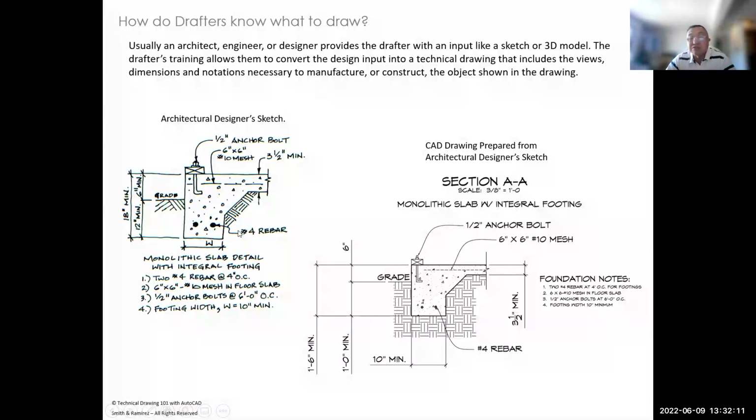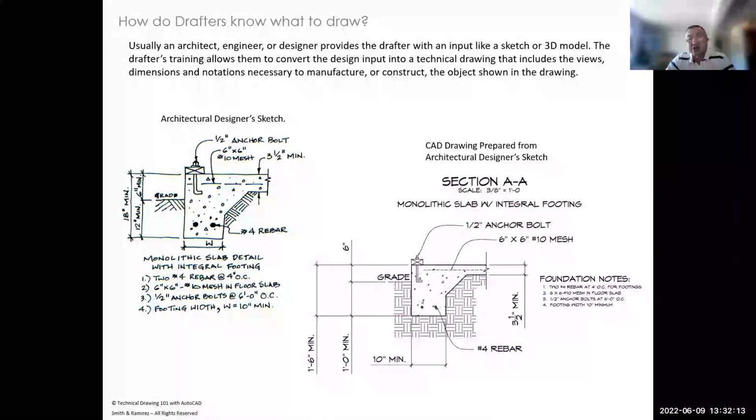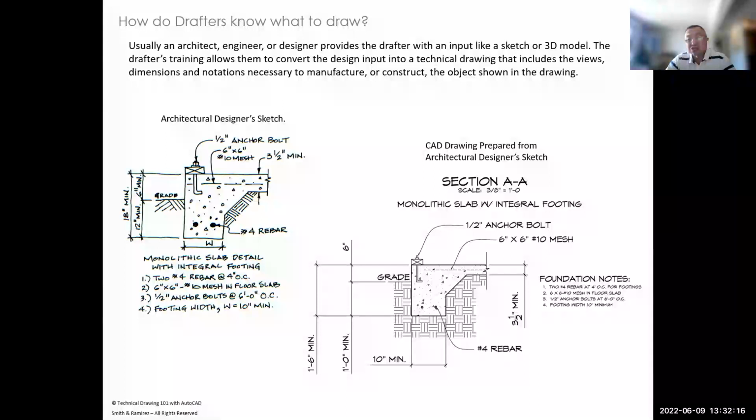Although we don't have it in this class, we don't have an assignment on freehand. No, you have those sketches in your work. So you should really